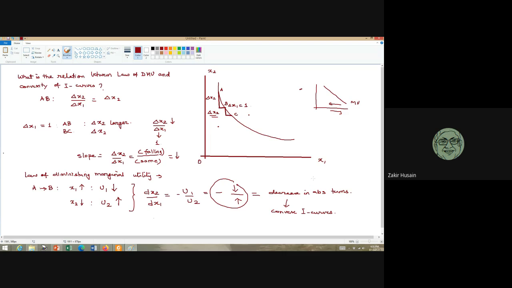Okay, so is this part clear? Just think about it. Look at it carefully. Right? Is there anything wrong with what I've said? Sir, am I audible? Yes. Sir, I didn't understand the part that there is a decrease in slope in absolute terms. Can you please explain it again?